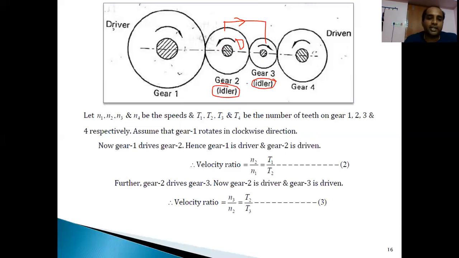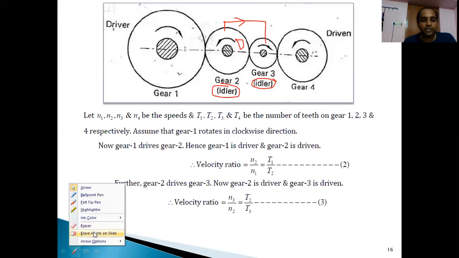Therefore, how can I write the velocity ratio now? This is the driven gear now. N3 by N2 is equal to T2 by T3. This is for the pair of 2 and 3. Similarly,